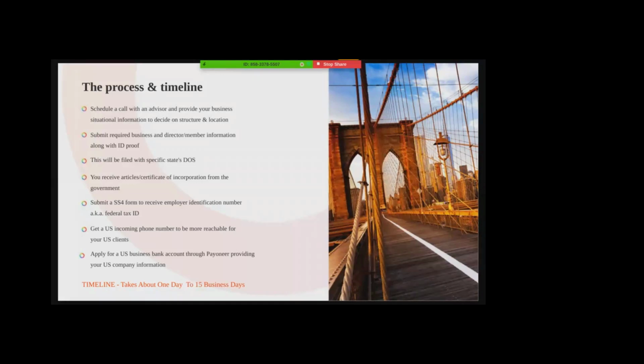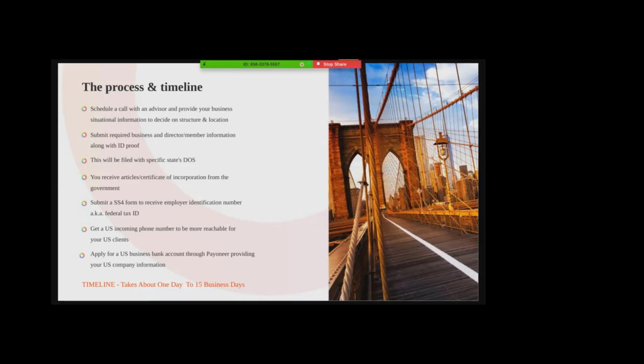Some of the banks, I know Payoneer does it very smoothly, very seamlessly. They do a wonderful job. But with some of the banks, you have to apply physically, and only then will you get a US business bank account. Whereas with Payoneer, it's remote, I think, but Vikram would tell it better.